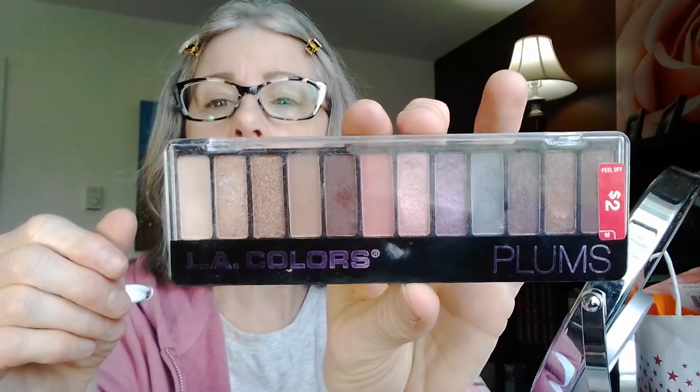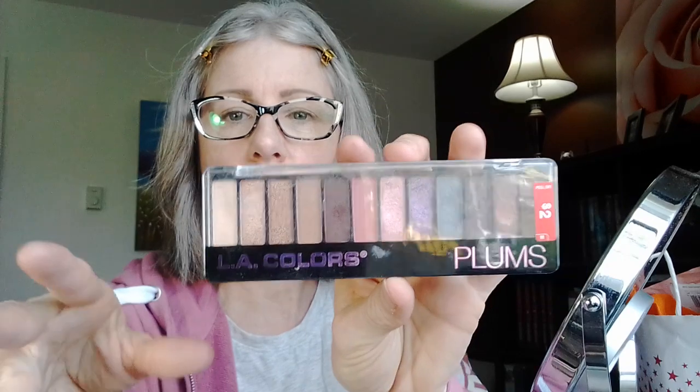So what I did after Christmas time, I got this LA Colors Plums palette for $2 at Walgreens. It was a special Christmas thing. They had it out on the countertop in the Walgreens area. You know how they have a kind of countertop there, and they have a cash register back there? Anyway, it's just like a countertop, and behind the countertop they have perfumes and stuff. They had it sitting out in a box,